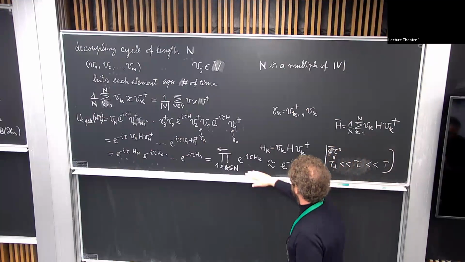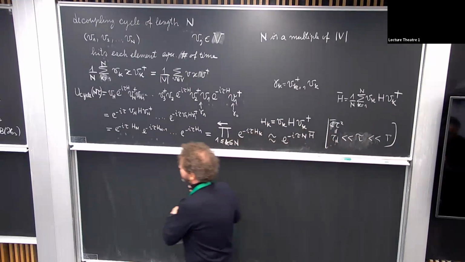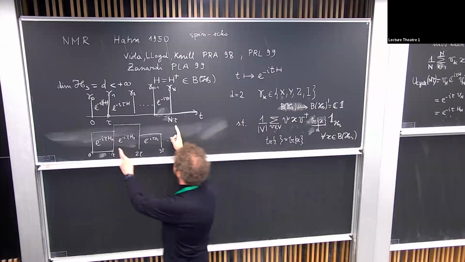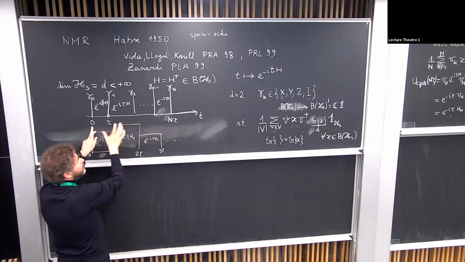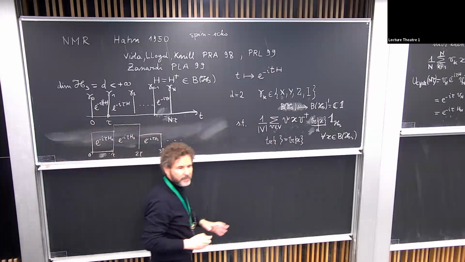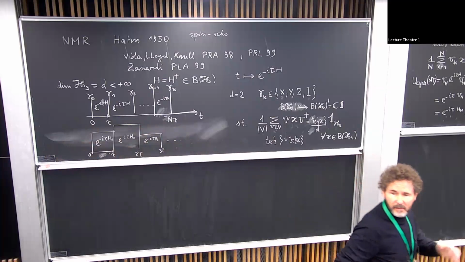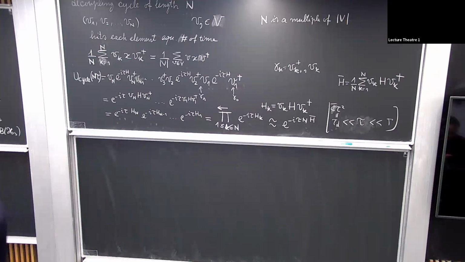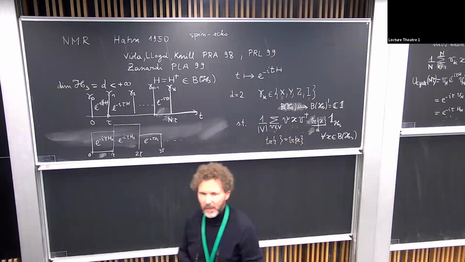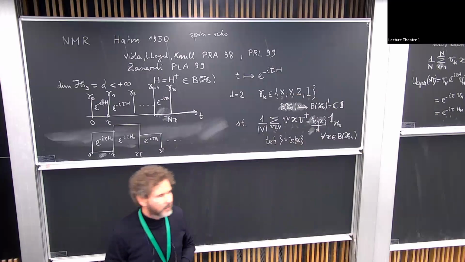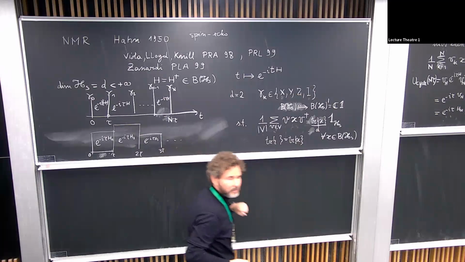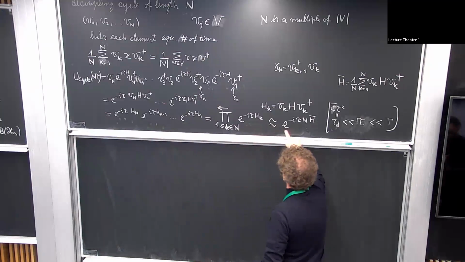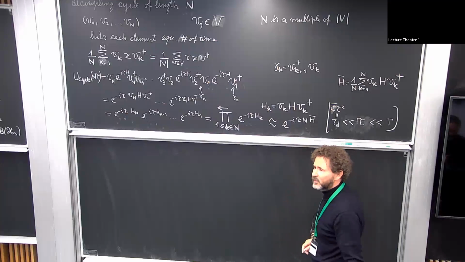I got this. So I want to look at this when tau goes to 0, and in fact, the idea is that, of course, when tau goes to 0, n tau also goes to 0. The idea is just to repeat n times, repeat several times this decoupling cycle, such that the total time is just fixed. By the way, let me look at what happened here. So this is what you expect, and this is very easy to prove.